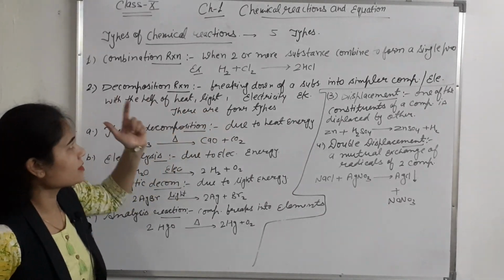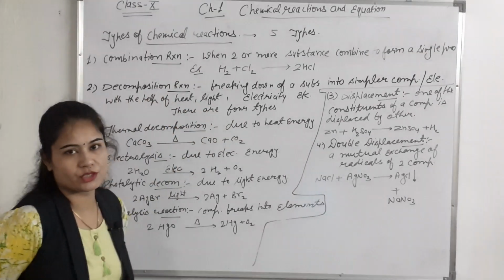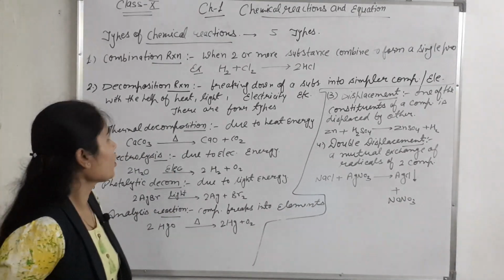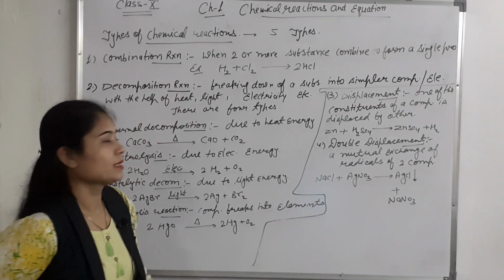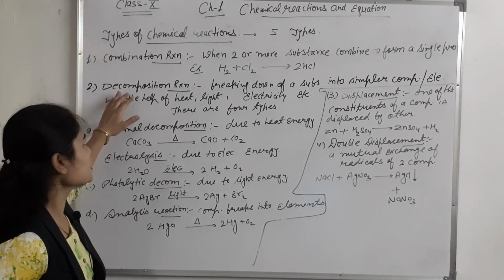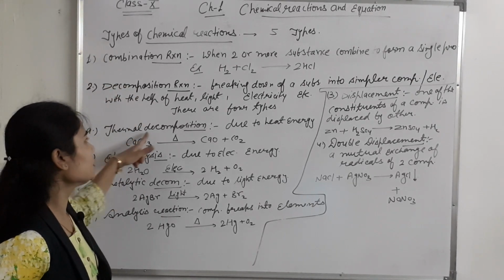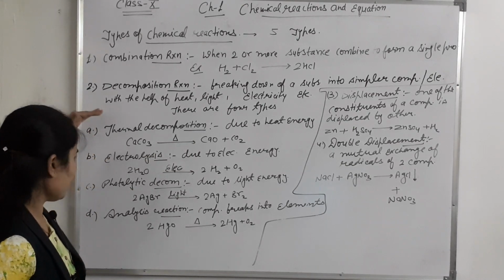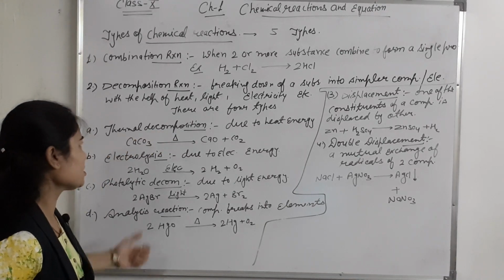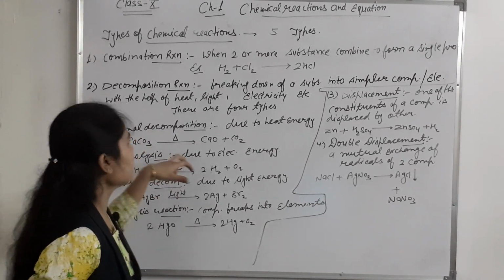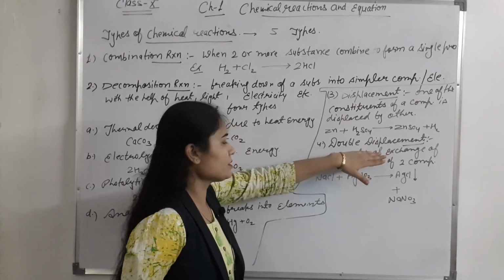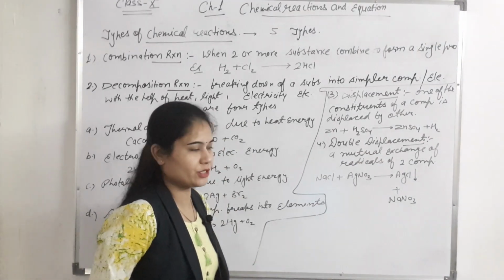Today, we are starting again chemical reactions and equations. This is exactly the last part, that is types of chemical reactions. We have four types of chemical reactions that I am giving you an idea. First is combination reaction. Second one is decomposition reaction. Third, thermal decomposition, and we have four different subparts of thermal decomposition. Later I will tell you about the subparts of thermal decomposition. Next one is displacement reaction and double displacement reaction, and last one is oxidation and reduction.